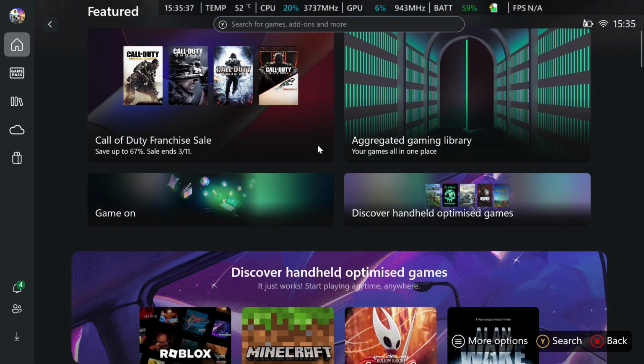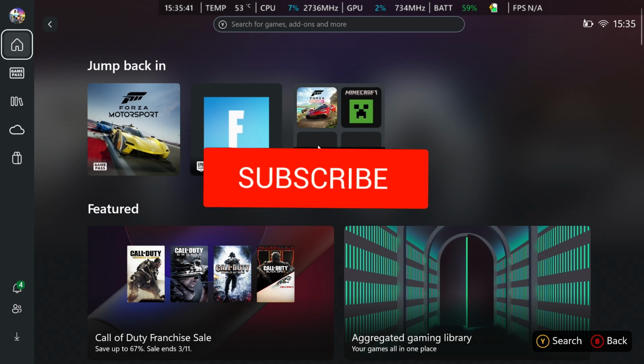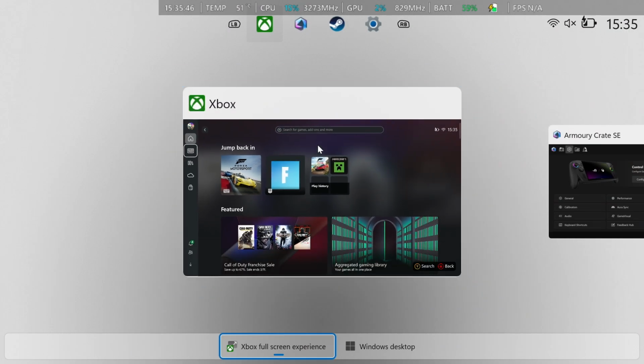Xbox Ally X. It's a very simple method. Now, the first thing you gotta do is hold down your Xbox button and switch from Xbox